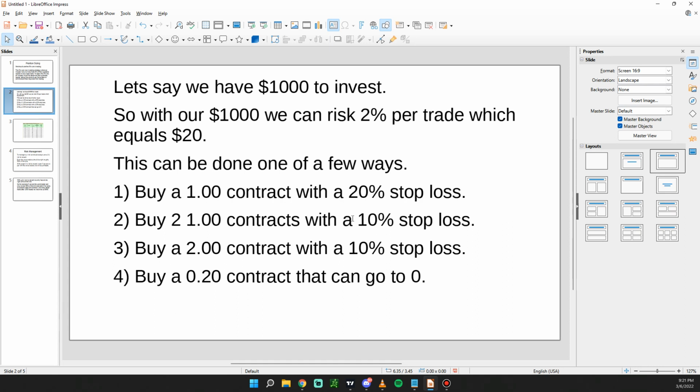You'll be up 10%. But anyway, if you keep doing that consistently over and over and over again, you can't fail. And that's going to be the hardest part, being consistent with your 10% stop loss and your 20%